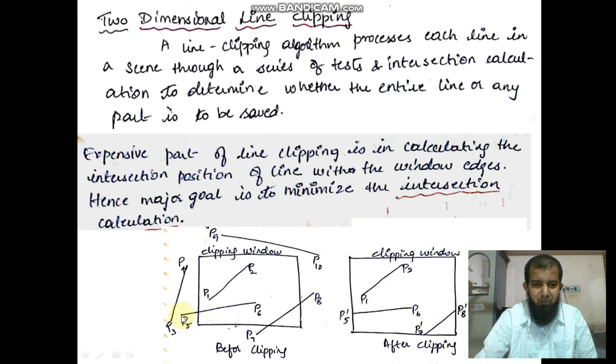If one point of the line is outside and one point is inside, then only the part of the line inside is displayed, from here to here. Similarly here, both points are outside, but they pass through the window. In this situation, only the part which is inside is displayed. The part outside the window is not displayed. Clear, no? So there are many different cases here. You need to find this intersection point to display the part, so you need to find the new point, the intersection point.